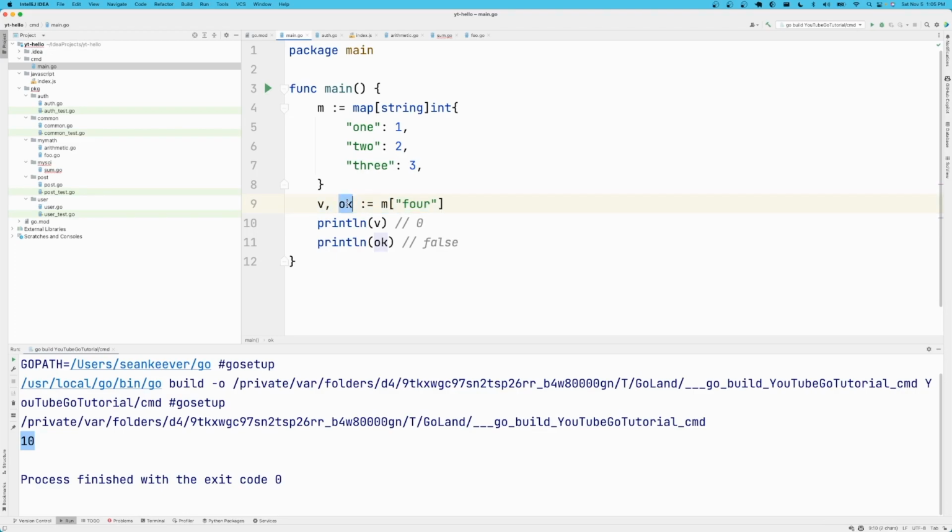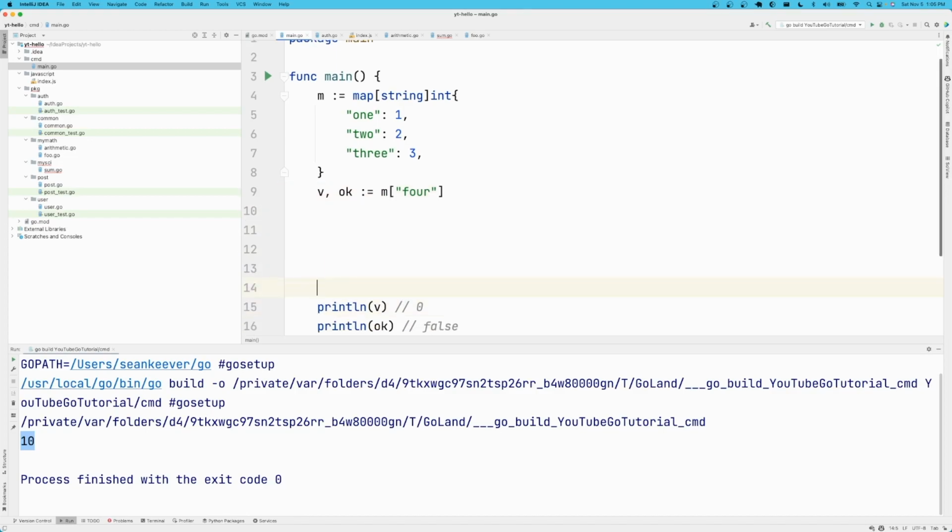And this value is an indication of whether that key actually exists in the map or not. And the reason why this is important is because if we access an element that does not exist in our map, then what's going to be returned is the zero value for